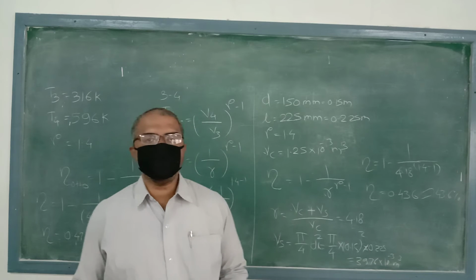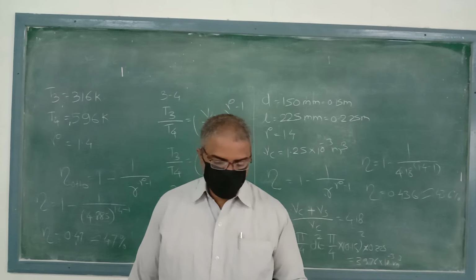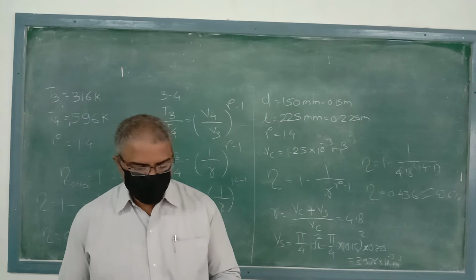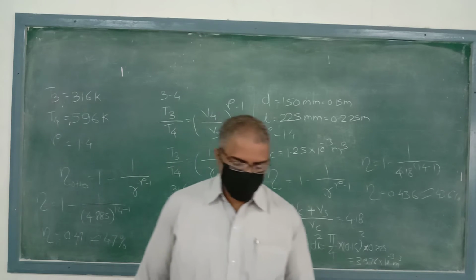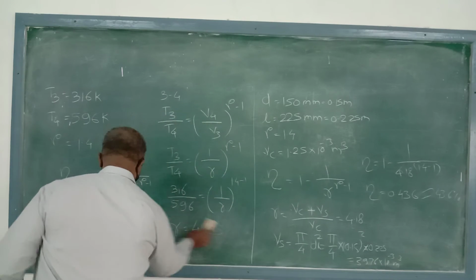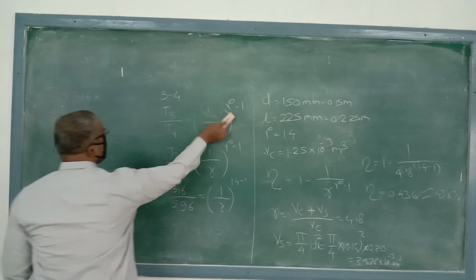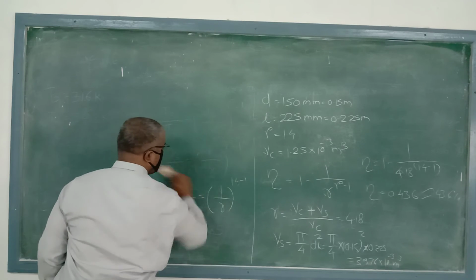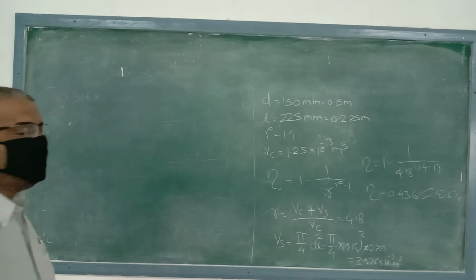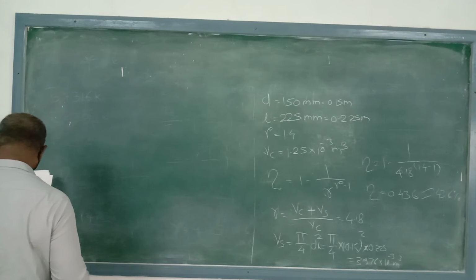So at 8% of the stroke they have cut off the stroke and they are asking you to find the efficiency of the diesel cycle. So first, we are going to note down the things they have mentioned. So compression ratio they have given